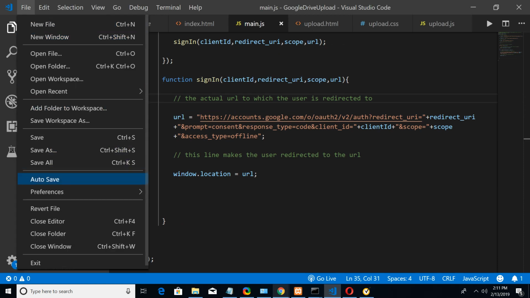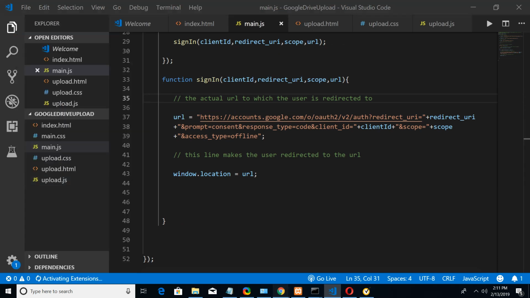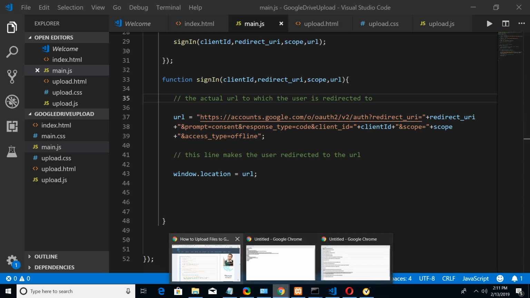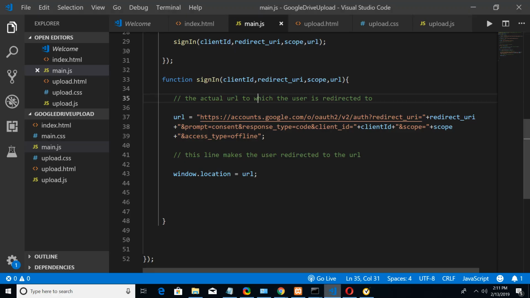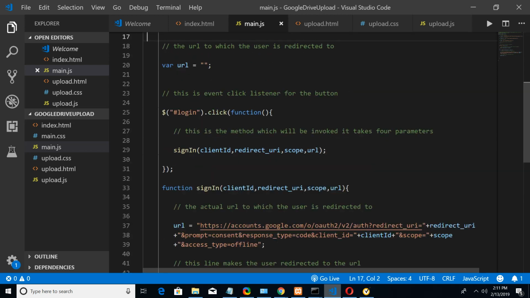let me auto save it and refresh this and hit this URL button here. You can see here, as soon as I hit it, it redirects me to the accounts page. Also let me show you, if your redirect URI is wrong,